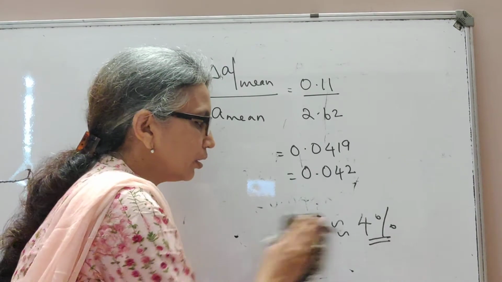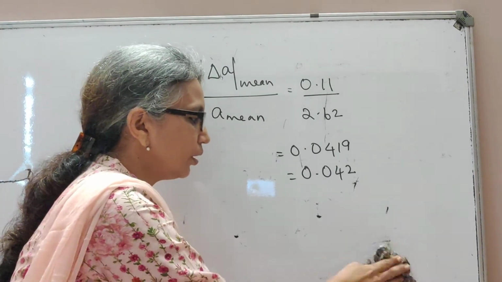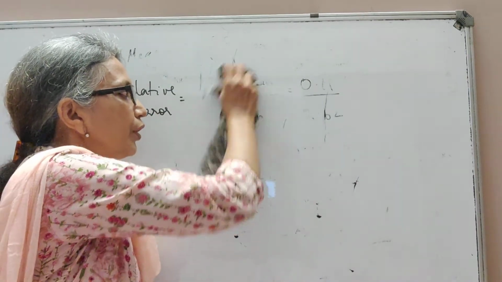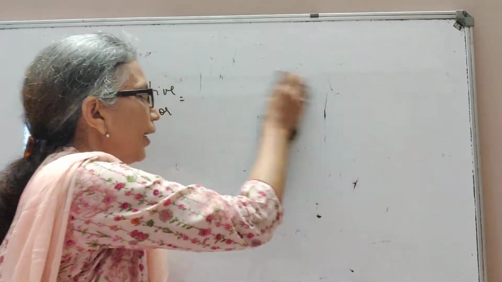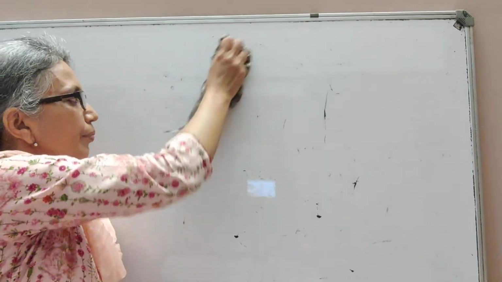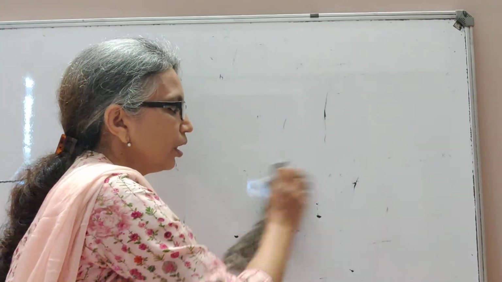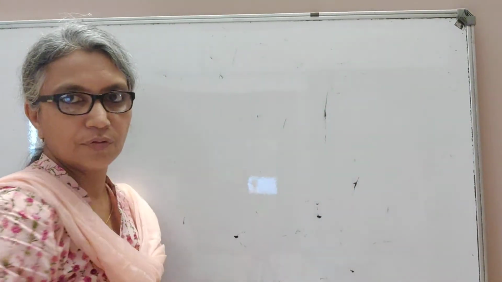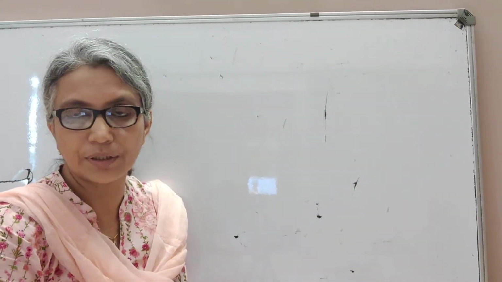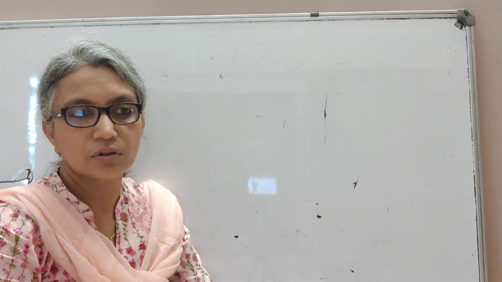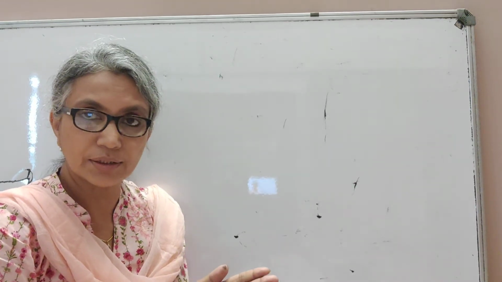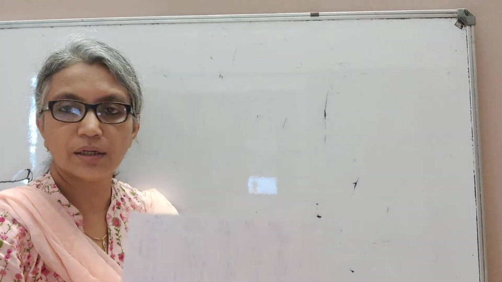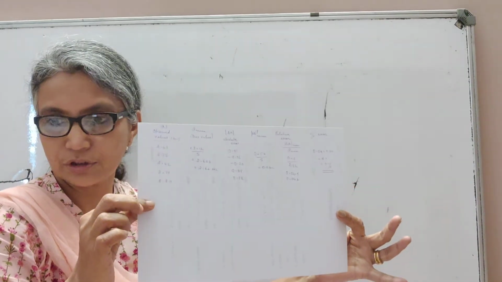Then we have another topic where we discuss what will happen when quantities are added or subtracted or multiplied or divided. That means each reading that you take will have an error. For example, what we did now, the time period itself has an error. So combination of errors means, suppose you're taking two readings. For example, suppose I ask you to find out the area of this sheet.